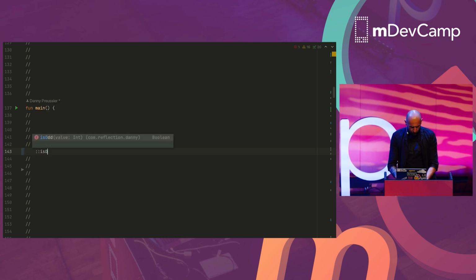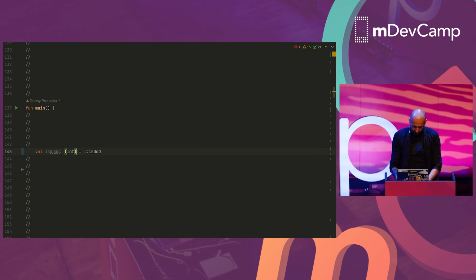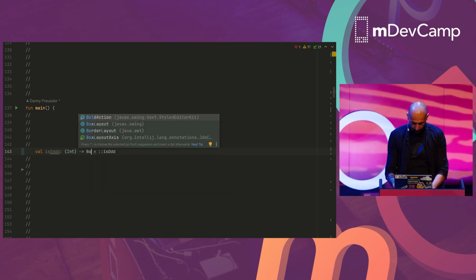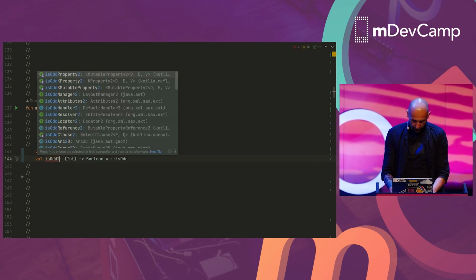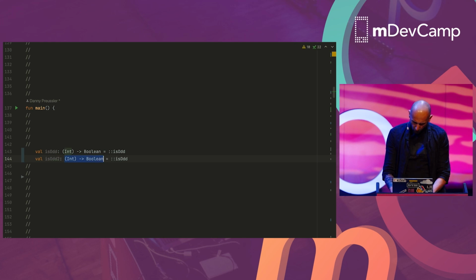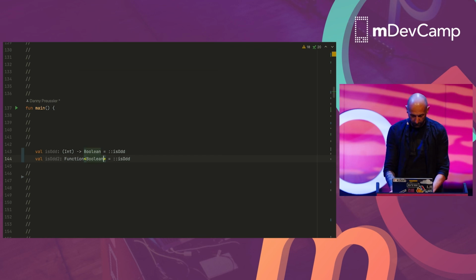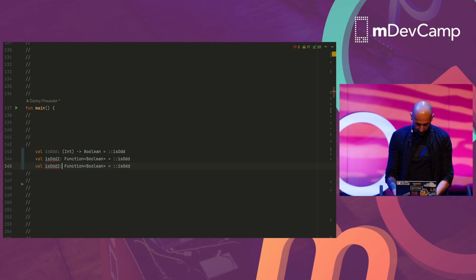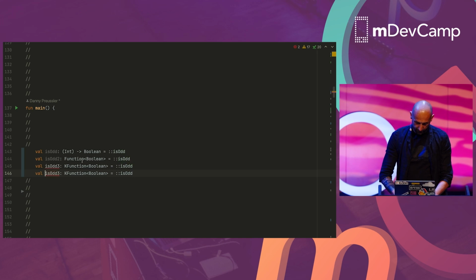So they have somewhere a method called isOdd, which just takes an int and returns a Boolean. So when we assign this to something, let's assign it to, I'm not creative, isOdd. What's the type of this? I mean, we can say this is a lambda that takes an int and returns a Boolean. Right? Easy. But we can also say that this is a Kotlin type called Function that returns a Boolean. This is not a Java function, that's a Kotlin function. We can also say that this is a KFunction. We can also say that this